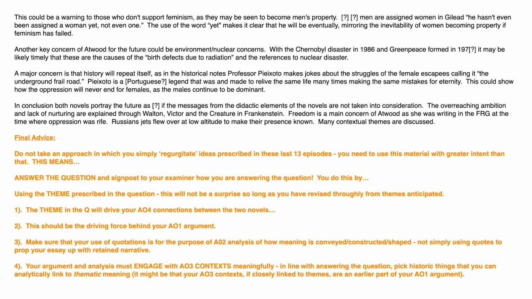So, my final bits of advice. Make sure that you use your thinking cap to anticipate as broad a range of themes that connect these two novels as possible. That will help you anticipate comparative questions. Which of those themes are viable for comparisons of both novels? And it's those themes and those assessment objective 4 links that should be the driving point throughout your answer of